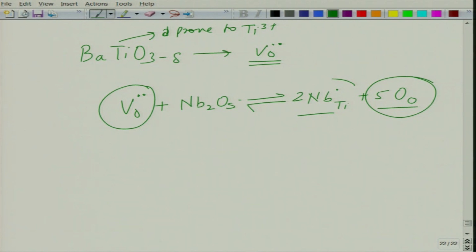So, that is how you make it resistant to conduction, and this is very important in the context of dielectric materials. Dielectric should be insulating, that is why you need to control their defect chemistry very accurately, and this knowledge hopefully will enable you to do that. Okay. So, let us stop there. So, this completes our discussion on defect chemistry.